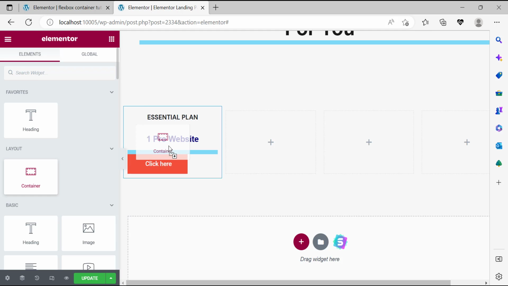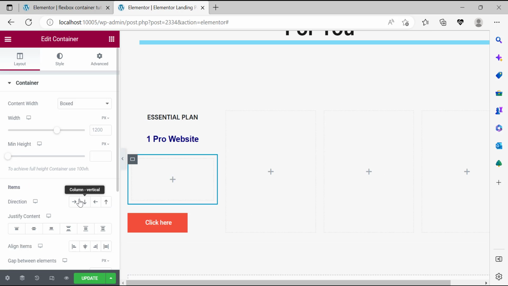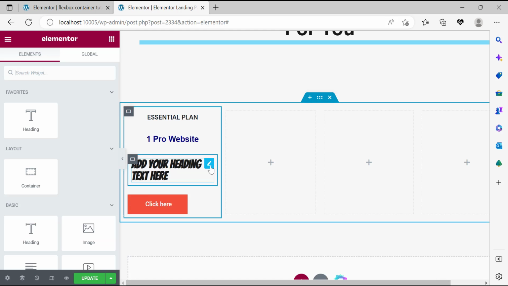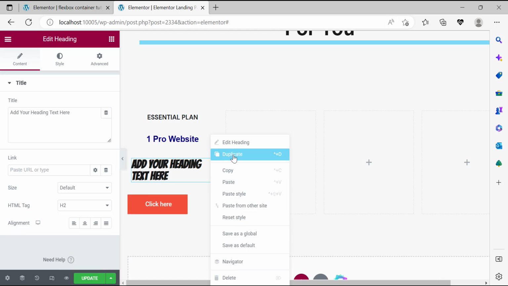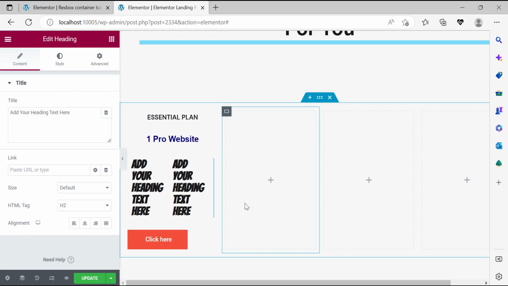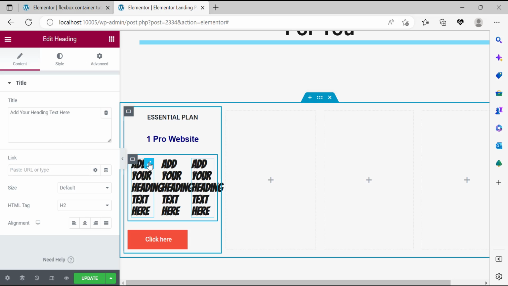This might be good news. So I can take a container, place it inside here, and then I can choose the direction of this container from left to right, and I can come back here and put a heading, and I can put a heading next to it, so I can duplicate the heading 2 times like this. That also does it, I think. And I can just add the numbers here. The first one should say USD,